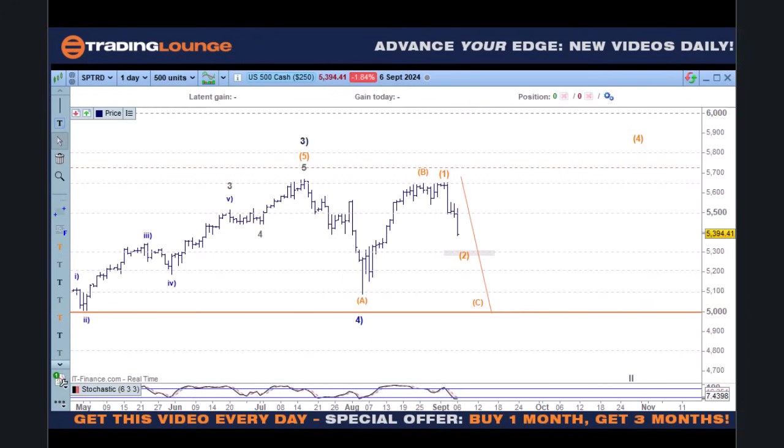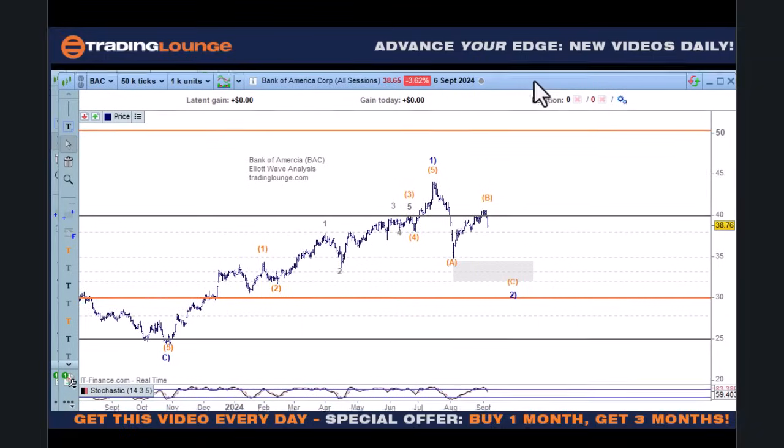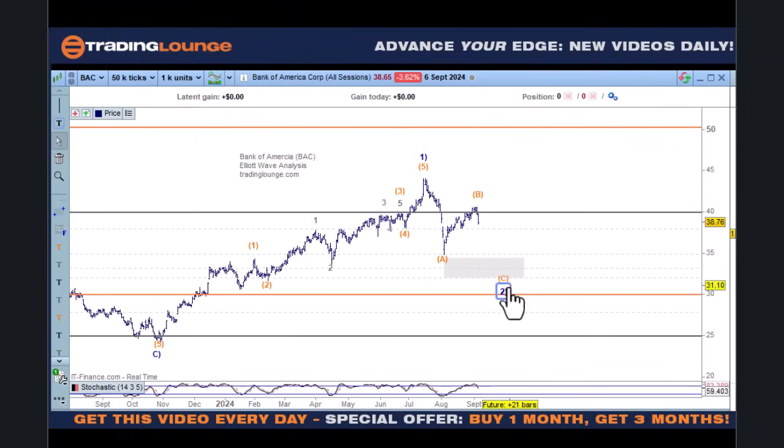So we don't normally look at the banks, but I think that we can look at the banks to get an understanding. So BAC here, the S&P and the NASDAQ, they lifted up in December 2022. So this particular market is about a year behind in terms of its count to the upside. But in this case, banks on an intraday basis kind of move together to a point, so we could look at a wave C here for this.